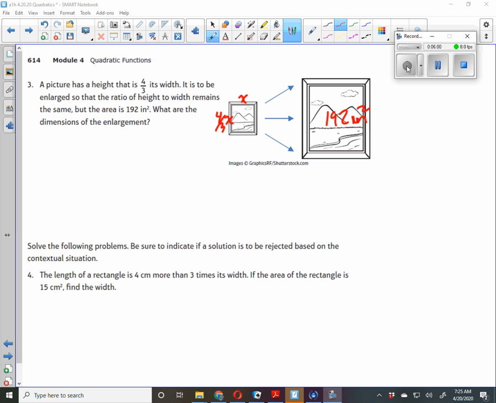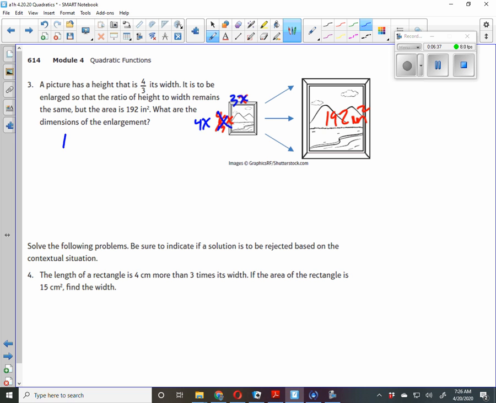Okay. And these are going to be enlarged so that the dimensions remain the same. That's kind of an interesting thing. So let's restate this. If I change this to 4x and this to 3x, do we still remain a ratio of 4:3? In this case, yes. So just by changing the semantics, I guess, or the way we phrase that, we know